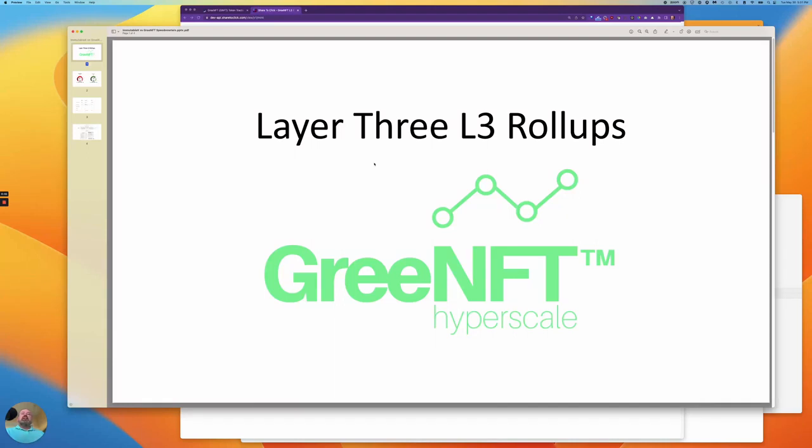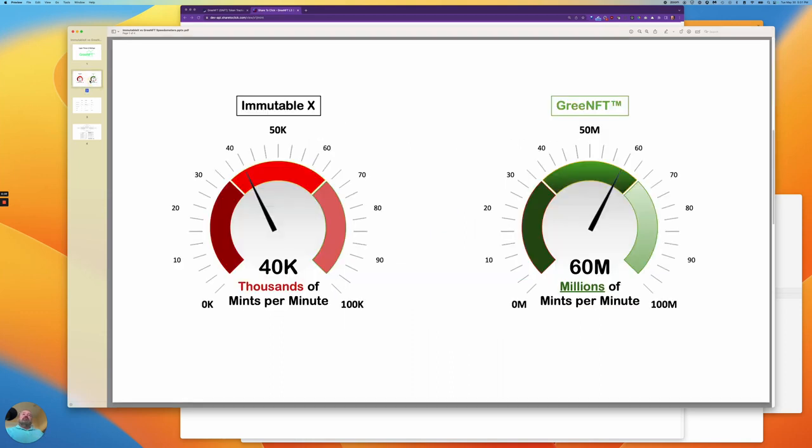Let's talk about layer 3 blockchain rollups. Why do we need layer 3 blockchain rollups? Well, if we've noticed some of the recent surges in meme coin mania or Bitcoin ordinals or the BRC20 specification, we see that traffic on these layer 1 networks like Ethereum or Bitcoin starts to get very expensive because